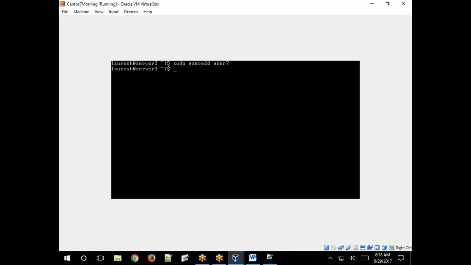Without asking for a password, just simply add the keyword as a prefix. So instead of asking the password, now without asking for a password, it will simply execute the command. Okay, the user will be created. So if you allow them to install, then they can install.